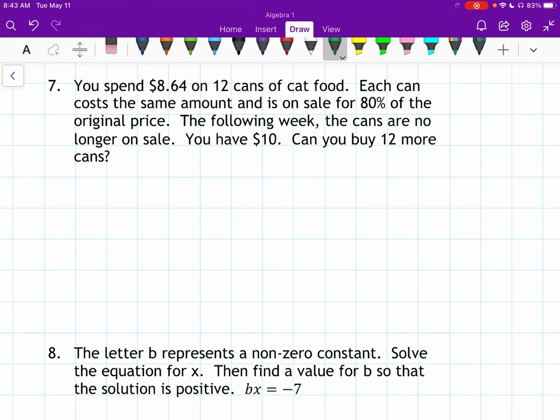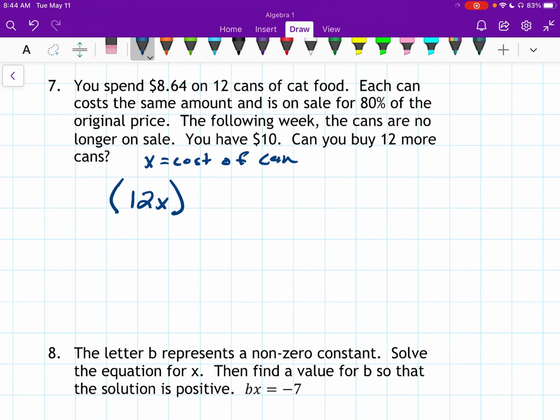So originally, starting off, we need to figure out what is a regular priced can of green beans or can of food here. Or what is this? Can of cat food. All right, so starting off, we're going to have 12x, 12 cans, and x will be the cost of a can. So x equals cost of can, right? The regular cost, okay? Now, 12x would be the regular cost of the cans, but here we've got it